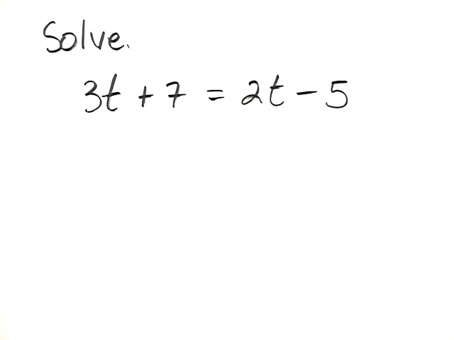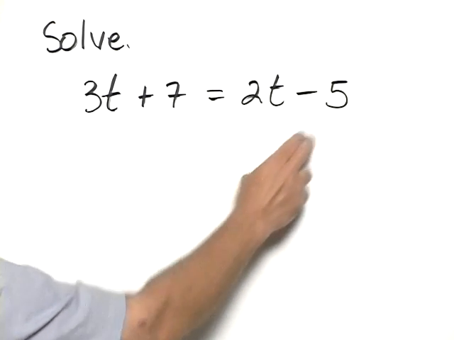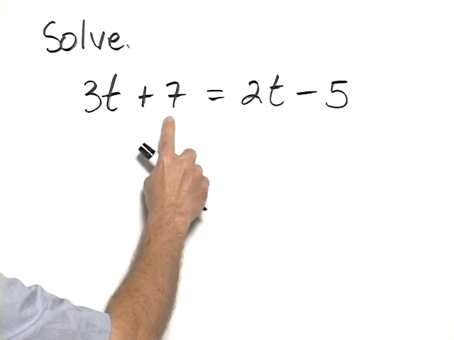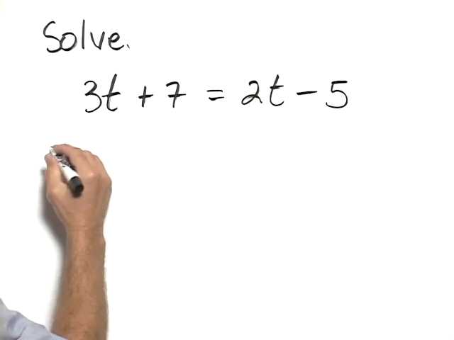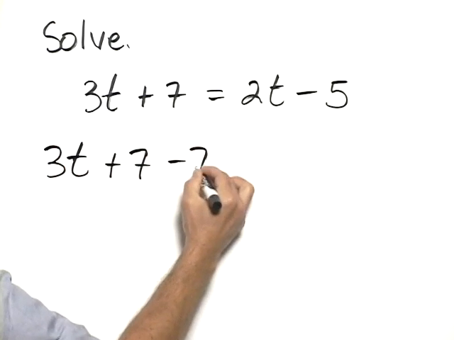Solve 3t + 7 = 2t - 5. For this particular example, since we have t's on both sides and we have constants on both sides, we'll start by collecting the constants on the same side, and that means I'm going to add a negative 7 to both